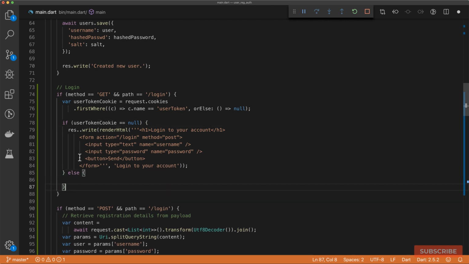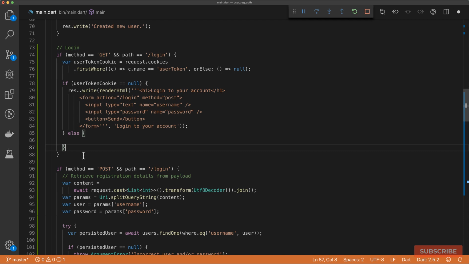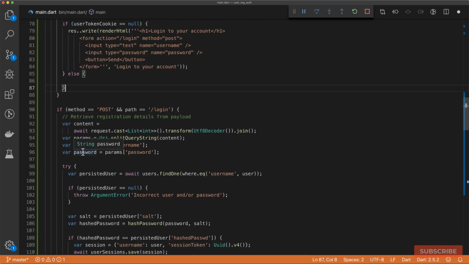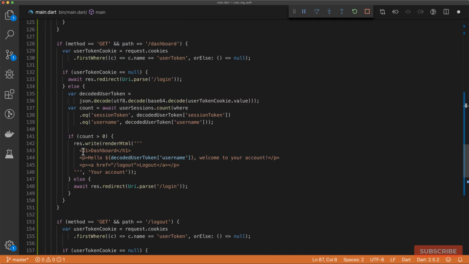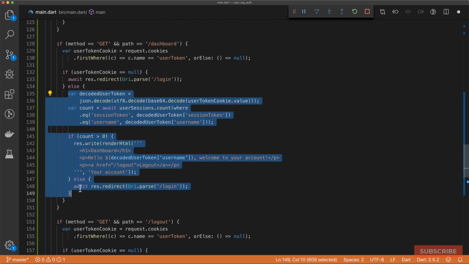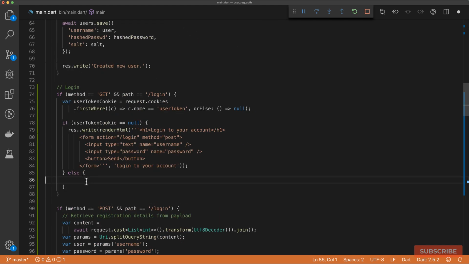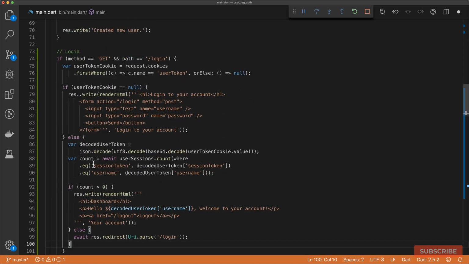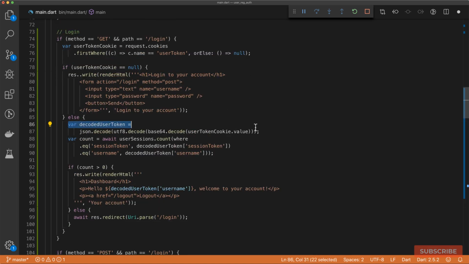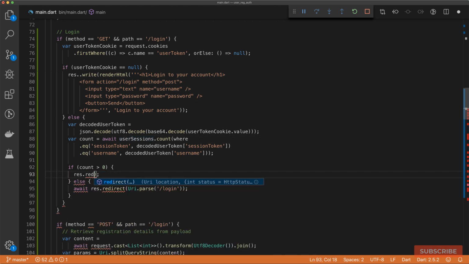If it's not null, I guess, yeah, we can just assume that they're logged in by doing this bit. So we'll decode the user token, and then we'll check our user session store to see that it exists. If it does exist, then what we need to do is to redirect the user to our dashboard,